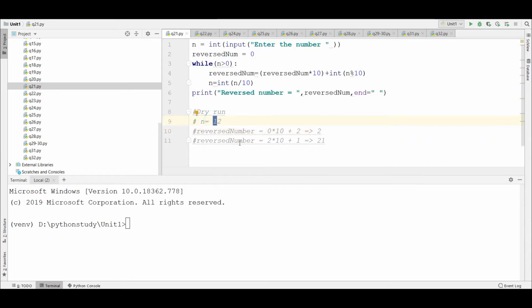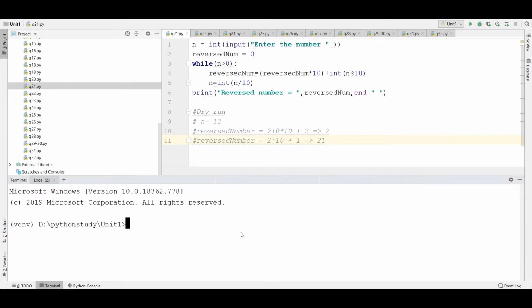So the next time, the reverse number value earlier was 2, then we have multiplied the value with 10, and what it will do is shift the value of 2 by 1 unit place. That is, earlier it was 2, now it will become 20. Similarly, if we multiply it by 10 a third time, it will move 1 unit place ahead even more, that is, 20 will become 200. So you can see 2 is shifting places from right to left. So 2 becomes 20 and then we add 1 to it and the answer is 21. As you can see, 12 has been completely shifted to 21. So that's how we reverse a number.